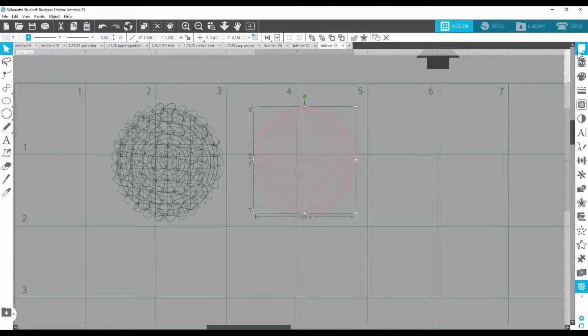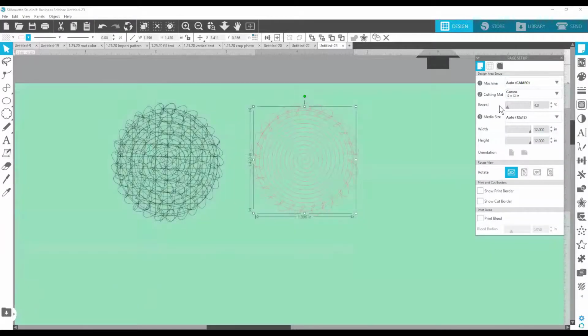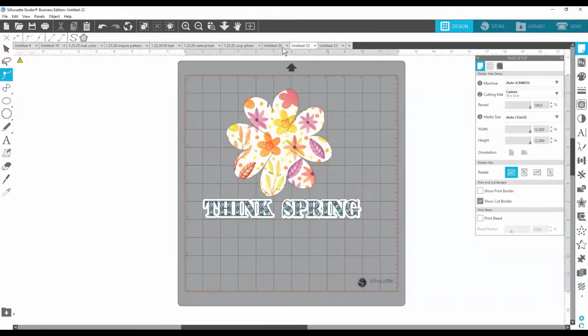That's how you change that. So let me change this to, well, you can't see it that great, but anyway. All right, yeah, so let me go back to the one that's